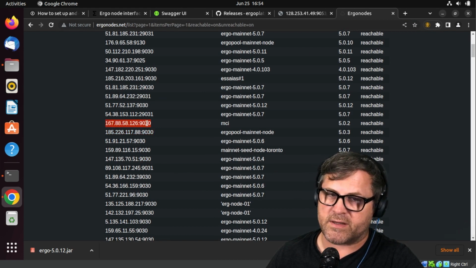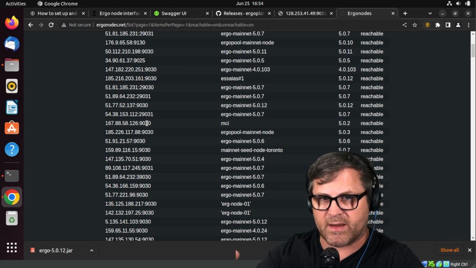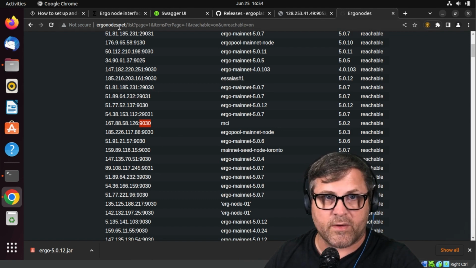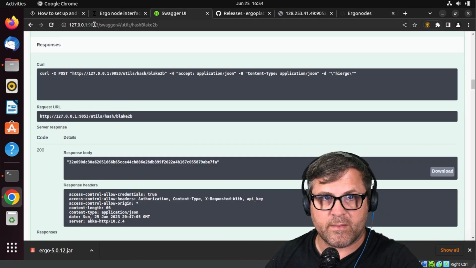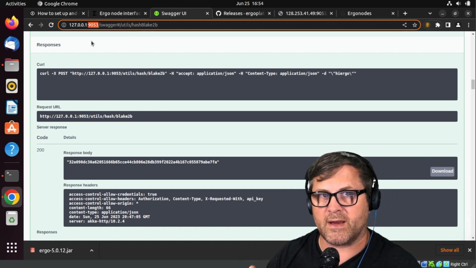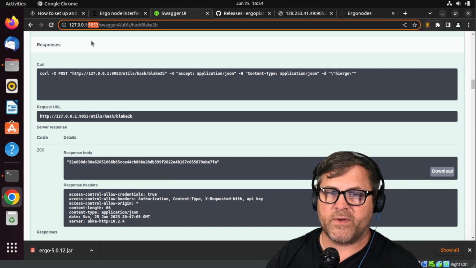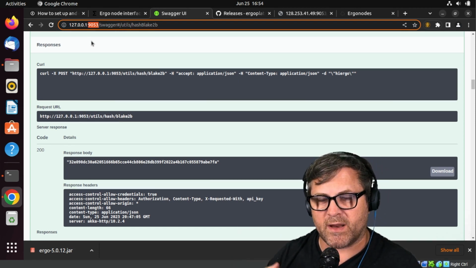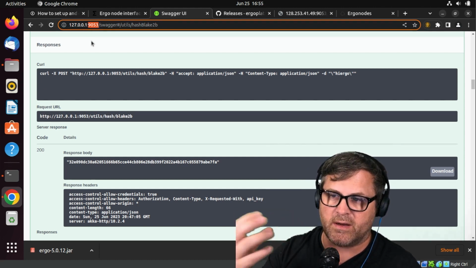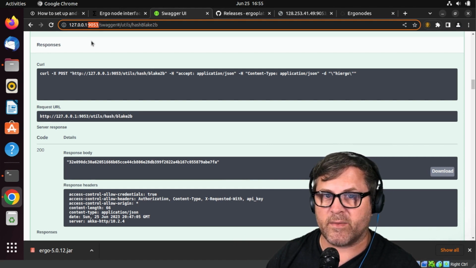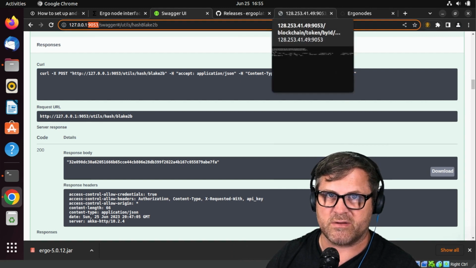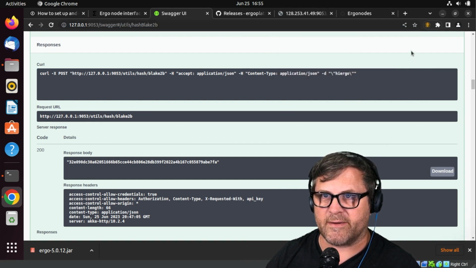If you don't know how to do that, just look up how to port forward something from outside to inside your router using 9030. And if you want to use your Ergo Mobile wallet with your own node, then if you look back here, remember that port, that's port 9053. So essentially port forward ports 9030 and 9053 to your node, and you'll be able to reach it with the wallet from the outside, and you'll also be able to, with port 9030, allow other nodes to look in and sync from your node and see it, as opposed to just you reading other people's nodes. Otherwise, it doesn't do much good if you're just reading that state from there.